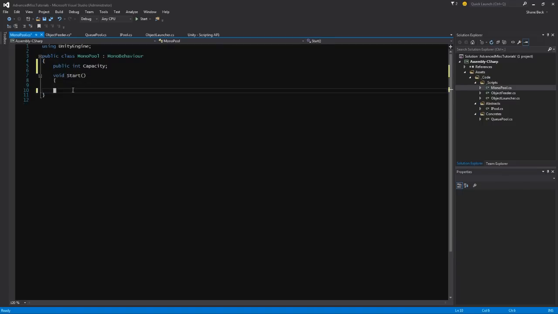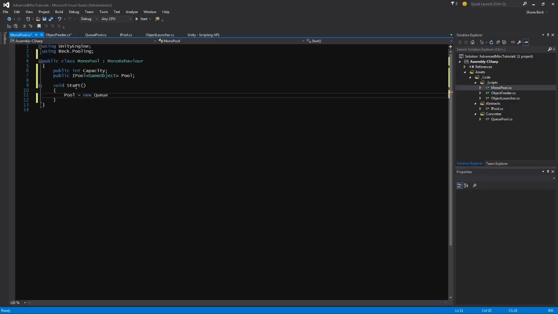Oh, we also need to make it so that the object feeder can access the pool itself. So we will say public IPool<GameObject> pool, using BEC.Pooling. Alright. Enter, and in start, we simply say pool equals new QPool<GameObject>,